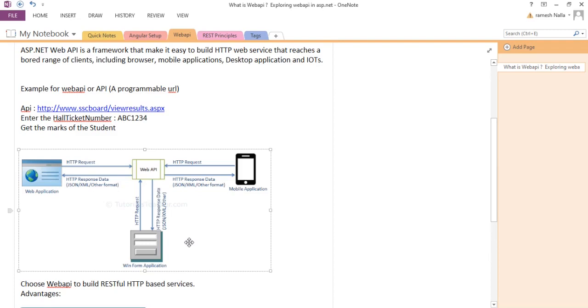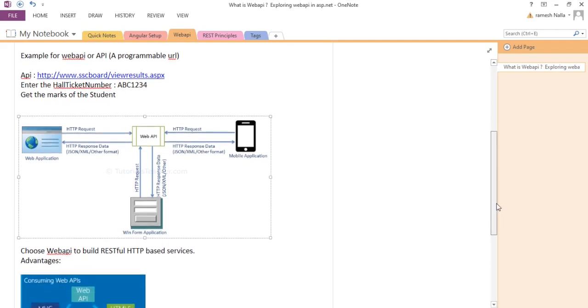So this is the architecture. In web API, the basic advantage of consuming or writing a web API is we can access it through the HTTP protocol with any client. Any client can send a request to the service and get the response. That's why this web API is very popular. It was introduced in the year 2000.